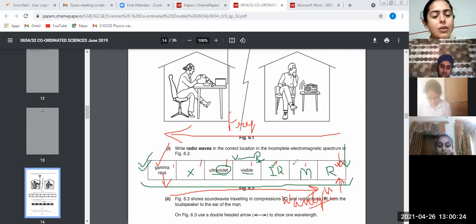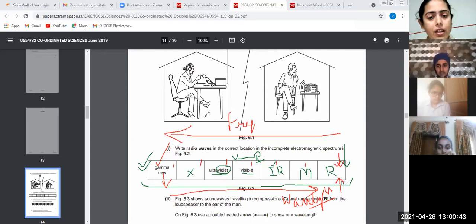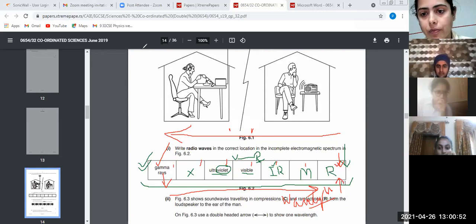Please, it is not only the way it is asked here that you have to complete it. You have to write the radio wave at the correct place. In the same way it can be asked to put the X-rays at the right place, or it can be asked which of the following, like they gave you 3. It was a question. Let me have it on the screen here and let's try this out.